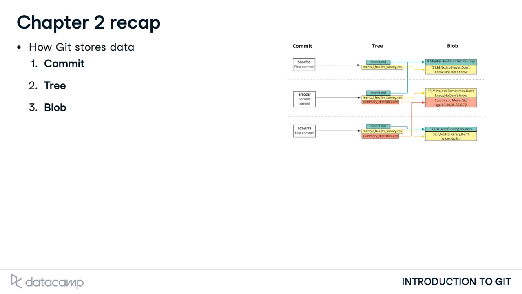In the second chapter, you saw the three components of how Git stores data: the commit, the tree, and the blob. You were able to view a repo's history by using and customizing the git log command. This enabled you to identify specific commit hashes and use the git show command to see what changed in that